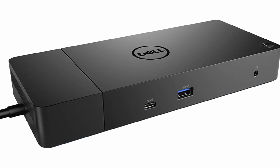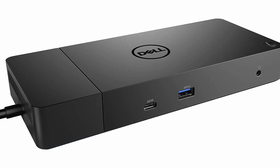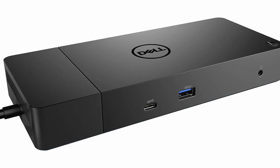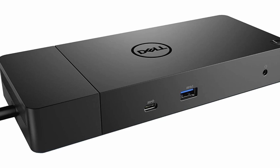Dell WD-90 docking station. Boost your PC's power on the world's most powerful and first modular USB-C dock with a future-ready design. Recommended and compatible systems: Latitude Series,